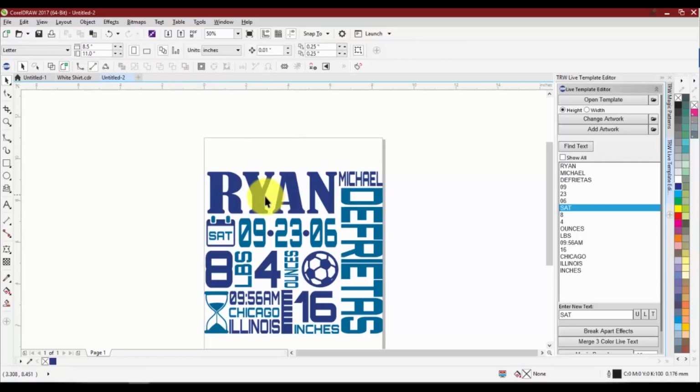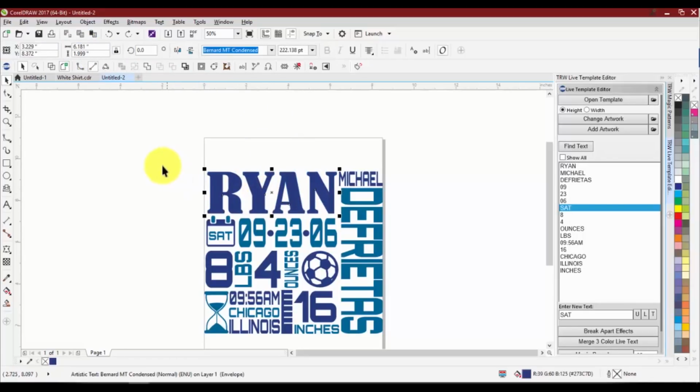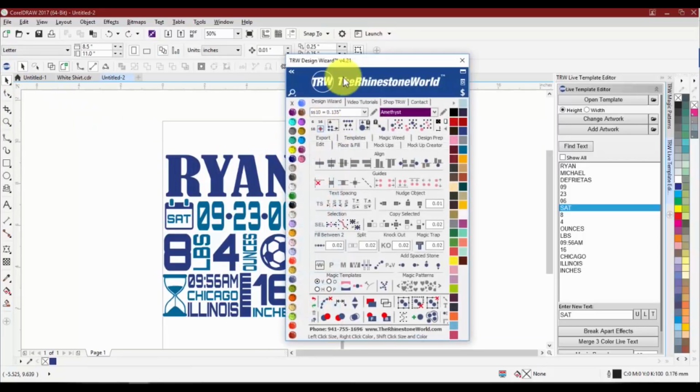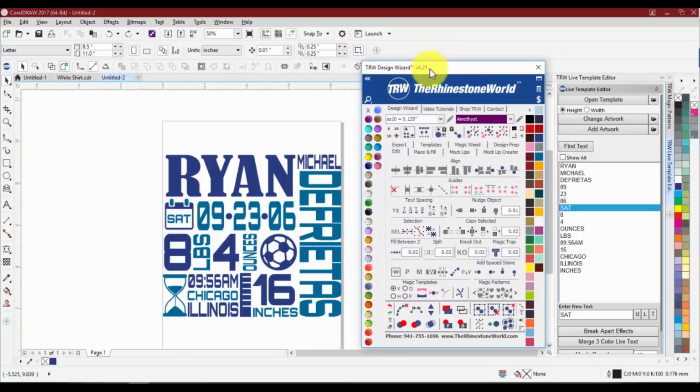So now it's pretty much set. So what I can do is now we're going to go to the wizard and we're going to get this ready to cut. That's one of our big features too, the different templates that we're able to create with these in our software. So with our design here,